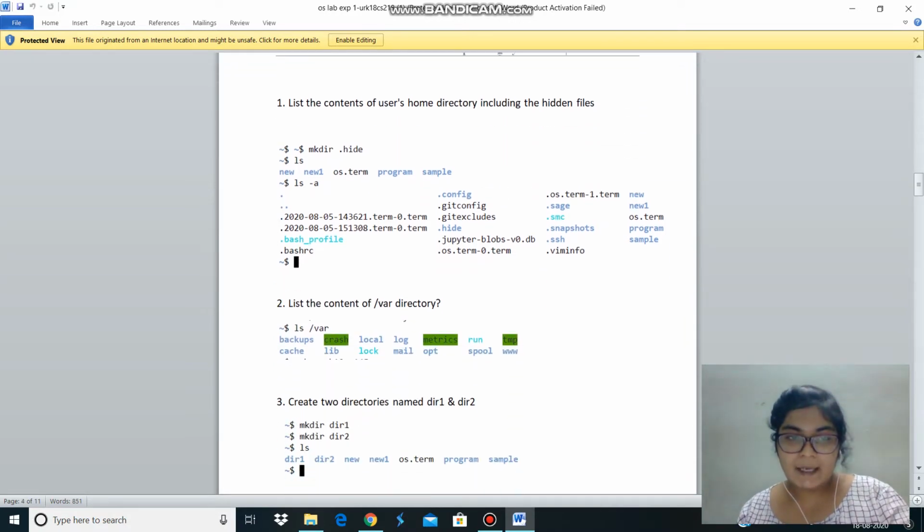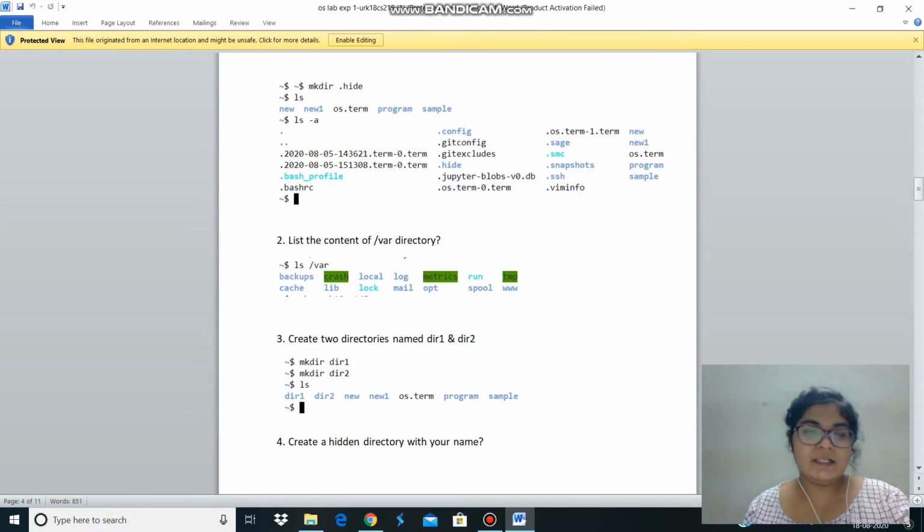The files will be executed and the output would be presented. The next question is list the contents of var directory. Var includes the variable directory. For this, the command is ls var.